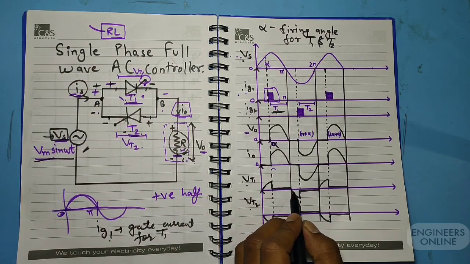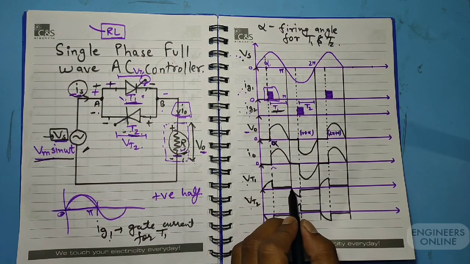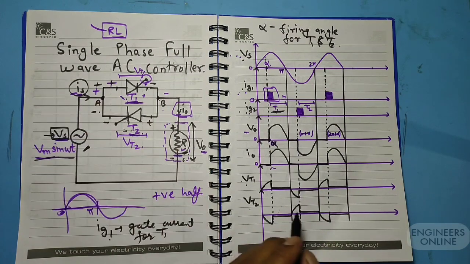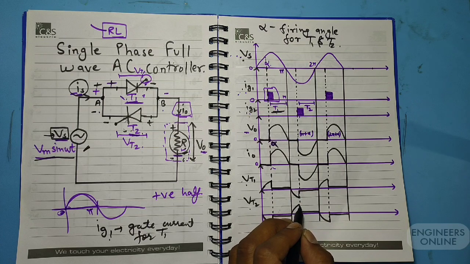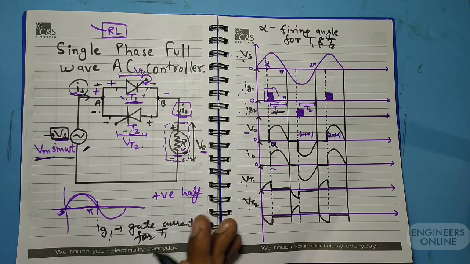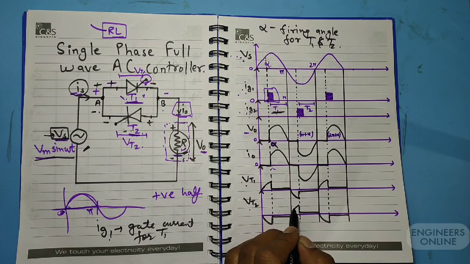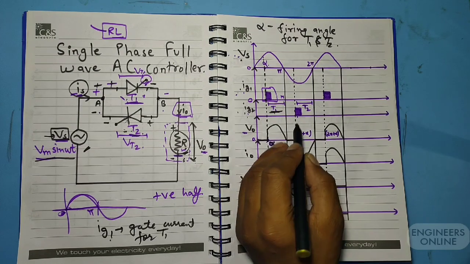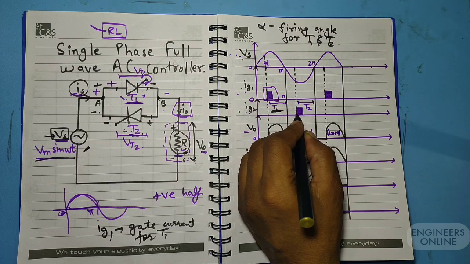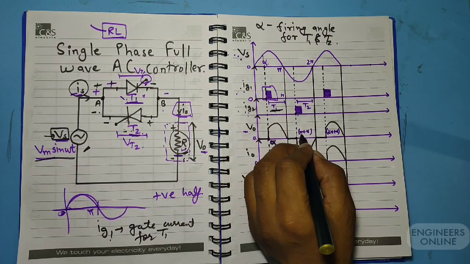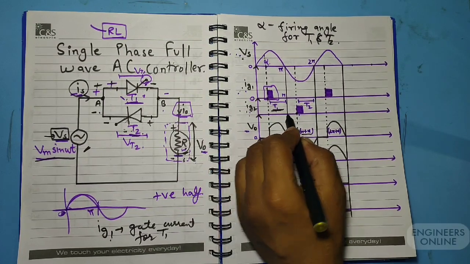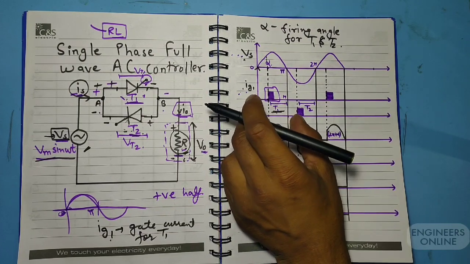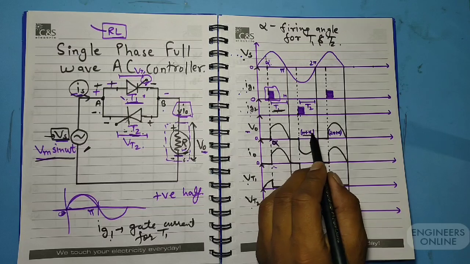So here VT1 is going to zero. Now for T2, the potential drop is positive in nature because they are anti-parallel. If this is positive, then that is negative, and if that is positive, then this is negative. Now this triggering angle we call pi plus alpha. From 0 to this point, it is known as pi plus alpha.